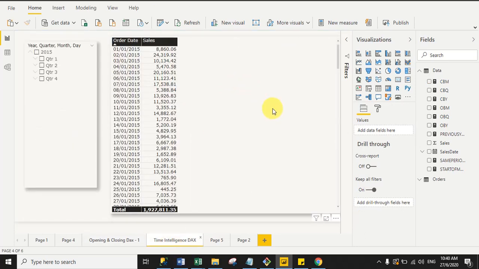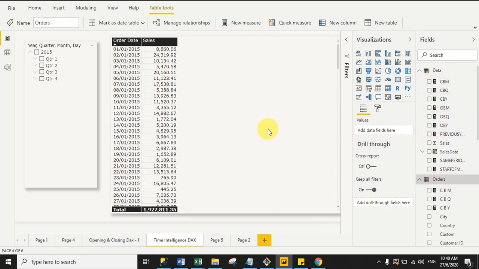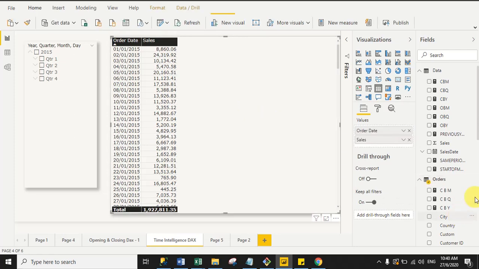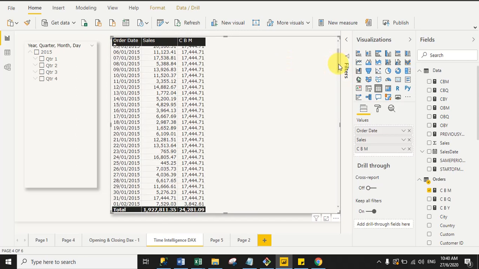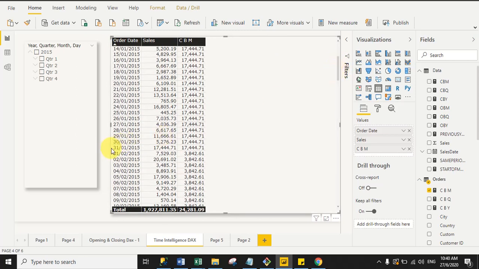So this is simple. Now move to the last data set. Here I also simply create the measure. Now I am going to drag the closing balance month measure. So firstly select the table visual and then drag the closing balance month measure here. And if you notice here, for January 1st 2015, it is returning 17,444.71 sales value, right? So for January the last day of sale is 31 January 2015, right?